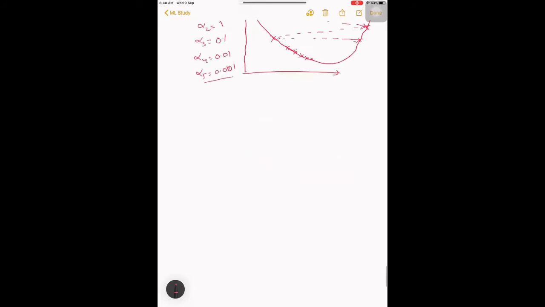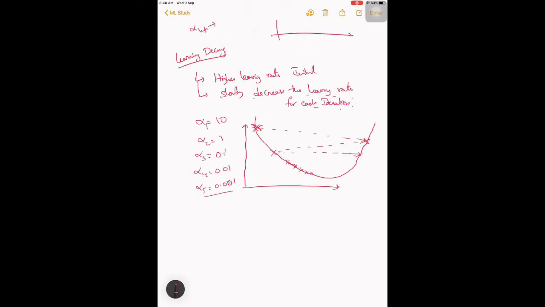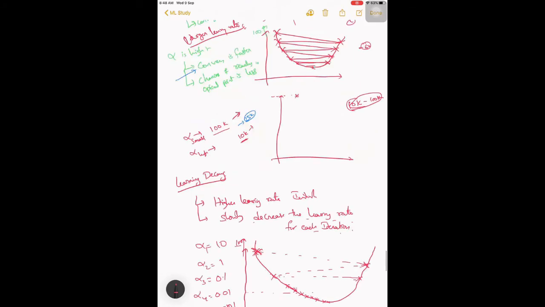Okay, what happened here is we have switched from a higher learning rate to a lower learning rate. At this point, from error value 100 we are able to achieve this in maybe just 6-7 steps.